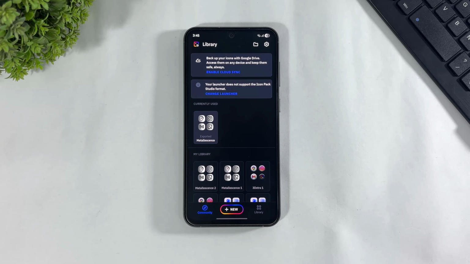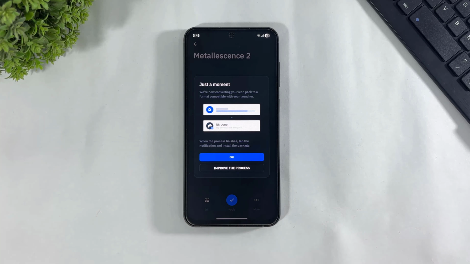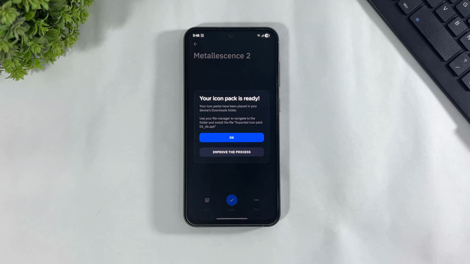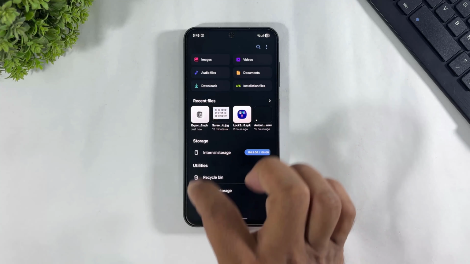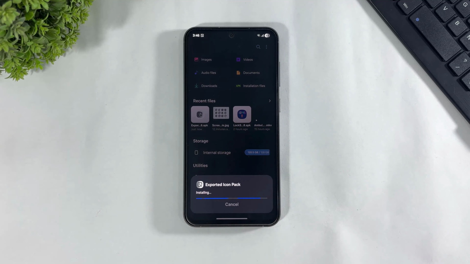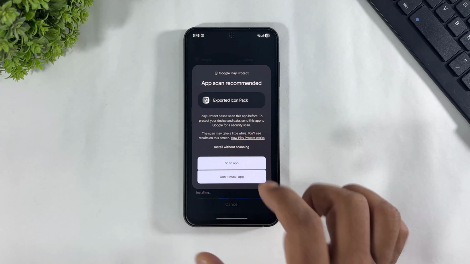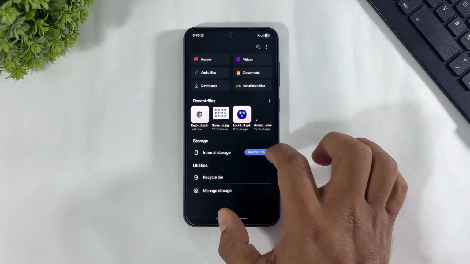After tapping download, simply tap on the icon, tap apply, tap OK. After tapping OK, look at this. Now simply tap install. Tap install without scanning. Tap on done. Simply go back,